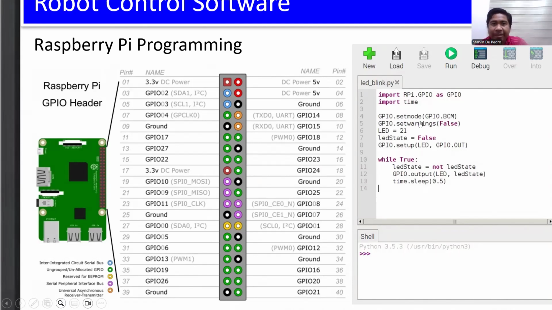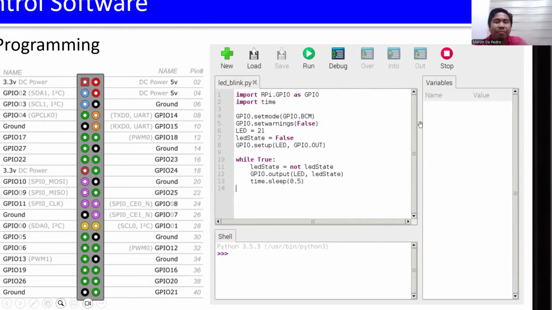So in our Raspberry Pi code, when we run our OS for our Raspberry Pi, we have the built-in IDE called Thonny. The Thonny IDE looks like this. We can write our code here, such as this one, and then we can click the run button to run our code.